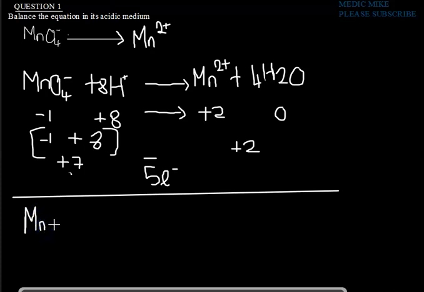So here we are still having the same manganese oxide radical. It's 4 here, sorry, adding 4. Then here we'll be adding our 8 hydrogen ion,